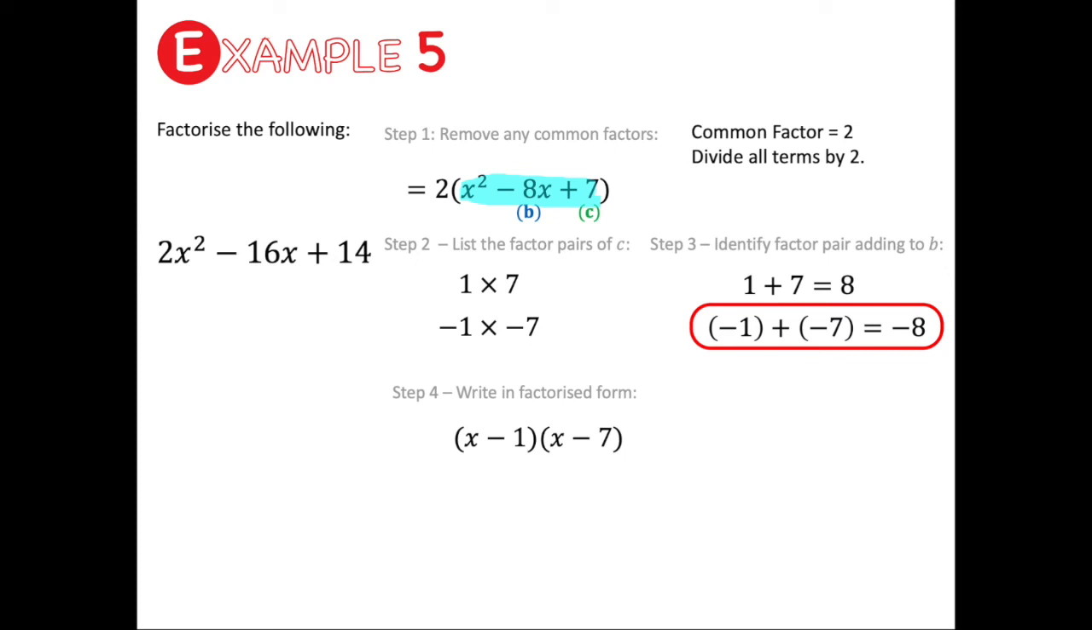And then I need to go back and don't forget about the 2 that I removed as my common factor. So that 2 is going to sit on the outside. So the factorized answer for 2x squared minus 16x plus 14 is equal to 2, x minus 1, x minus 7. Having a look at our last example, in this example we want to factorize 3x squared minus 12x minus